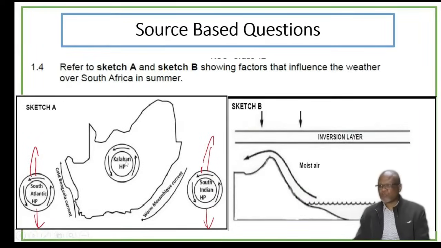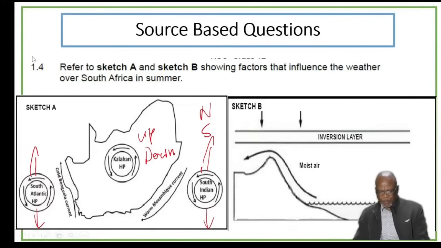And then the Kalahari high pressure does not move south and north, it moves up and down. So it is higher during summer and it is lower during winter. This Kalahari high pressure moves up and down. This one moves north and south. So the question is,